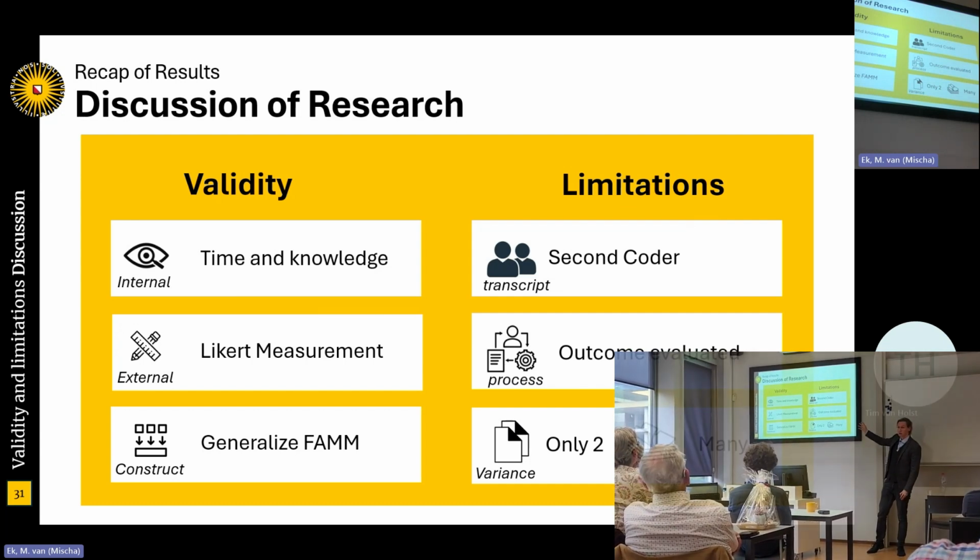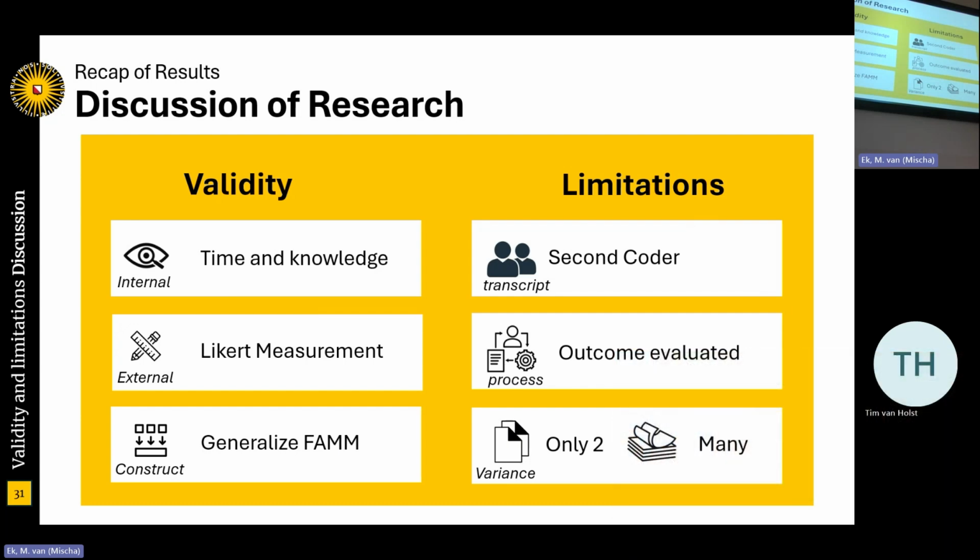And there wasn't a second coder. These are just my readings, analyzing the results. It would have been nice if someone else checked the transcripts. The outcome was only evaluated. It was not that someone else really checked how long the procedure is to create a maturity model and how long it was for me. I would have wanted to also check whether people can make their own maturity models and what they define with it, but I'm not doing the PhD, I'm just doing the master.